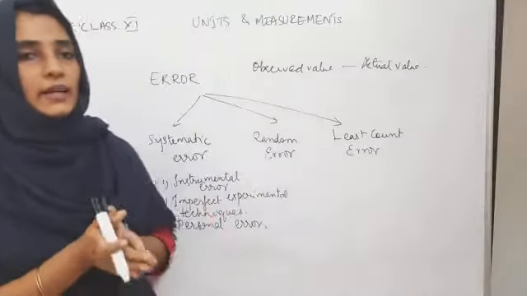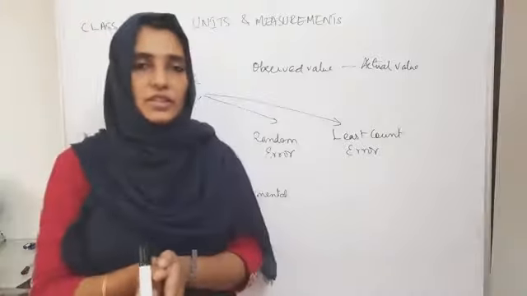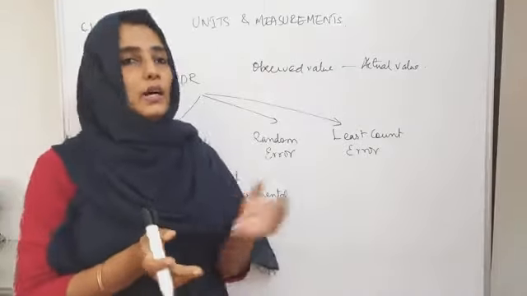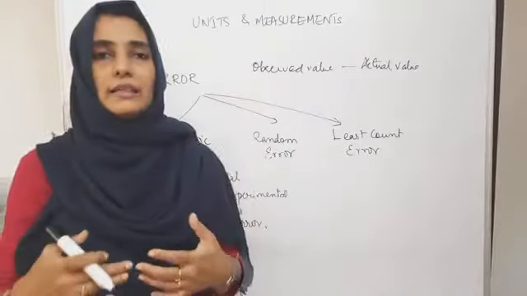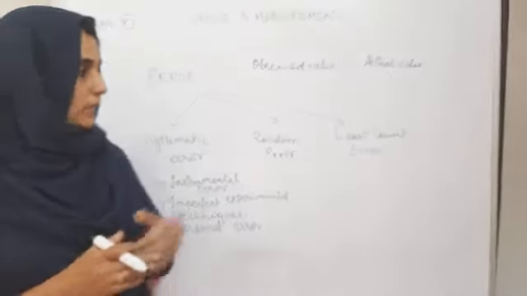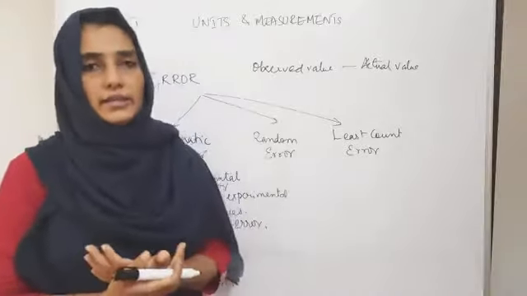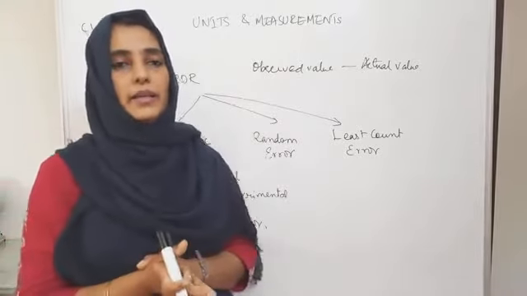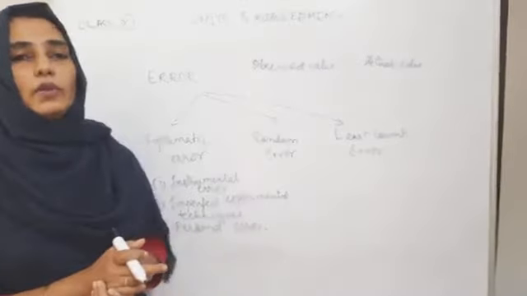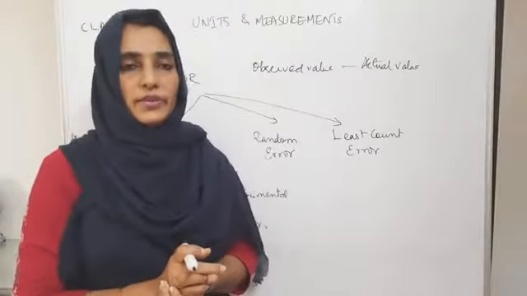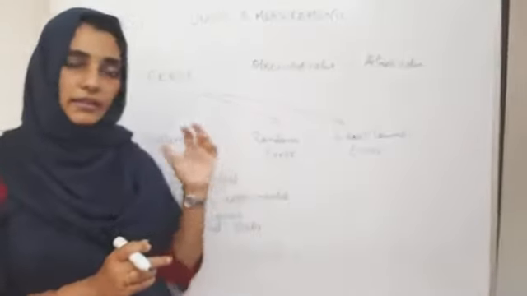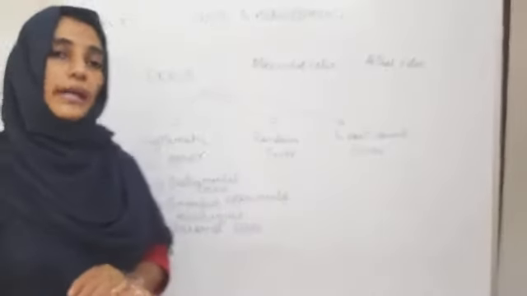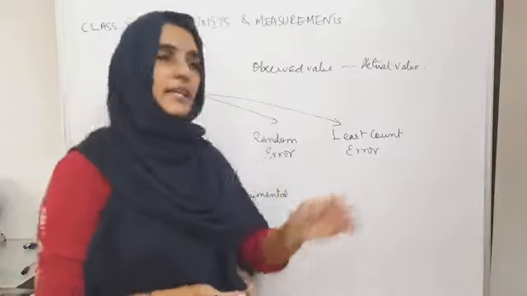Okay. So inside a lab, we have certain external conditions like pressure, wind, voltage fluctuations, etc. Suppose while doing an experiment, a sudden onset of voltage fluctuations may affect the reading we are taking. Okay, so these random errors cannot be eliminated completely, but they will of course creep into the observations we are taking. The nature of random errors is that they are unpredictable, or they can arise due to unavoidable situations. Okay, finally is the least count error.